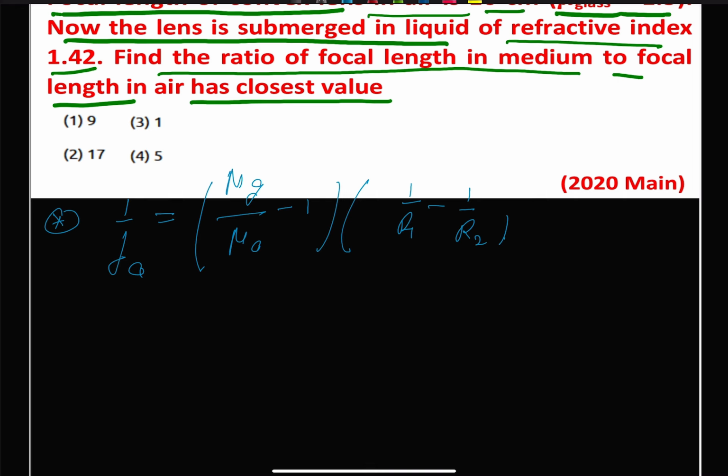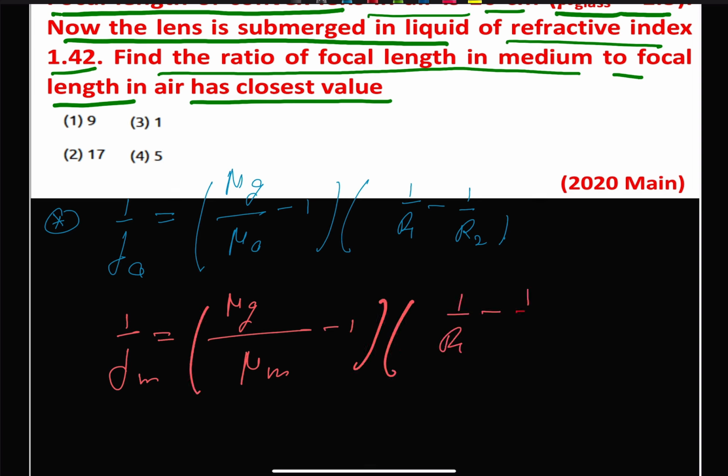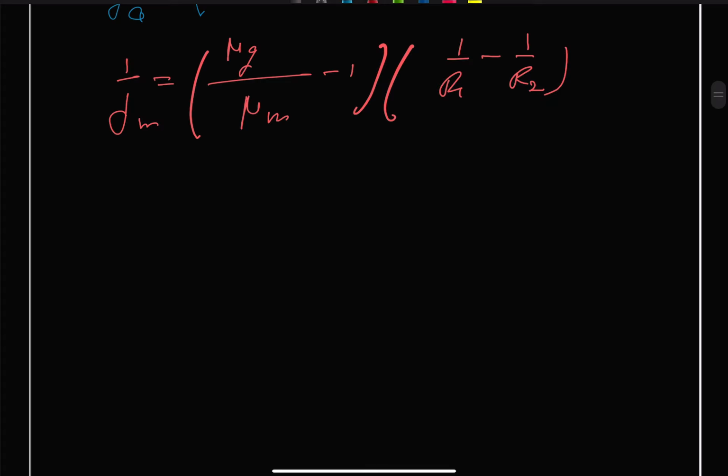And similarly, we can write it for medium also, same formula, 1 upon Fm, only the refractive index is going to change. So we take the refractive index of glass divided by the refractive index of medium minus 1, and the radius of curvature is the same, so 1 upon R1 minus 1 upon R2. And if we divide them, we get this as Fa upon Fm